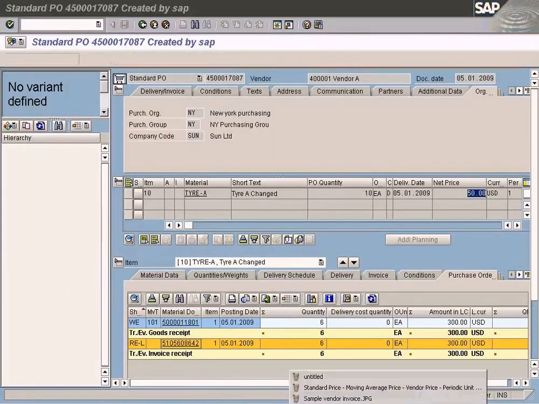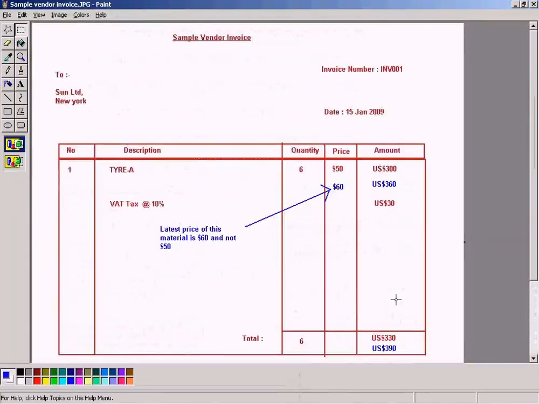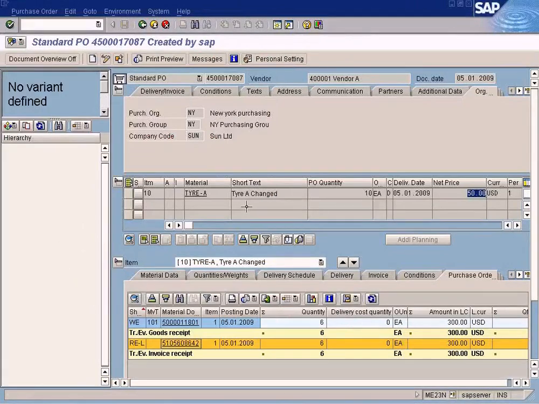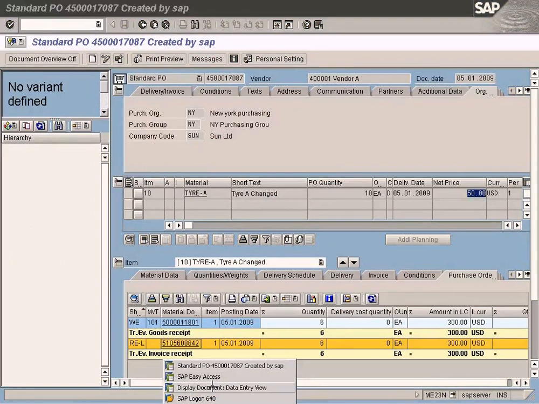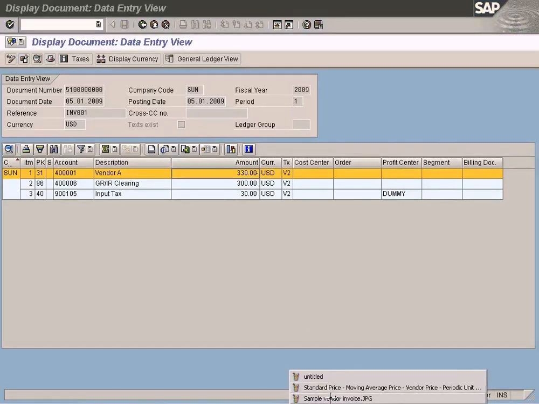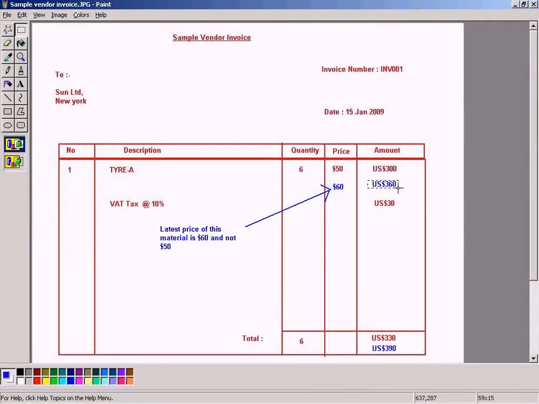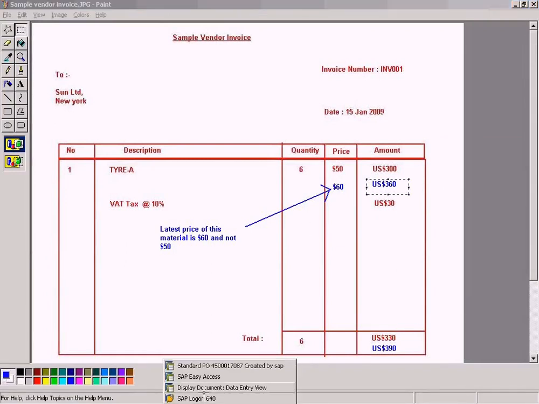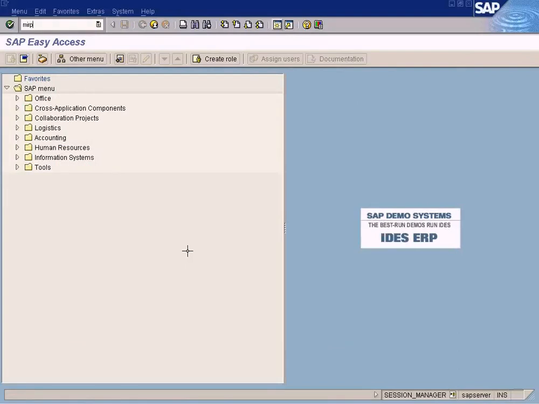When the price is $50, we get a $300 total. So our invoicing is pretty straightforward, whereby we reverse out the GRIR clearing of 300 and we credit the vendor 300 plus the tax $30. But in this case, if the total is 360 and the price is $60, so in the invoice, when I enter my row,